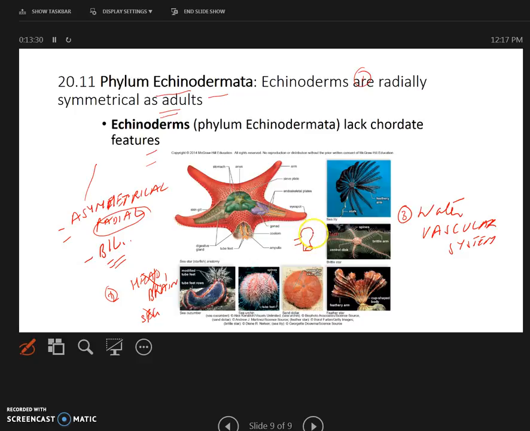And as the water is pumped in, needless to say, they are going to filter the food. Also, the water vascular system allows them not only to exchange gases and food, but also to move from place to place. They do not have any complex respiratory or circulatory system. Fluids within the coelomic cavity and water vascular system carry out these functions. And like I said, they feed on organic matter that comes in with the water as it is circulated. They prey on crustaceans, mollusks, and other invertebrates.